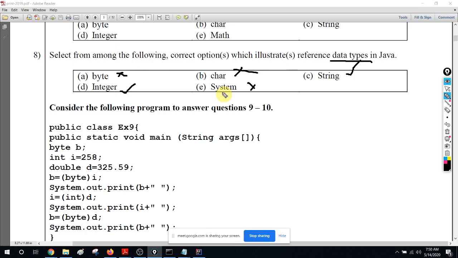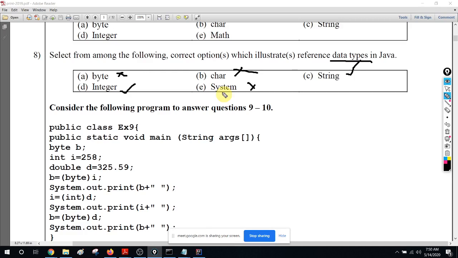But that is a highly debatable thing. You can think of classes as not data types, because the primary objective of a class is not to make it a data type. But any class, if you want, you can consider as a data type also. So in this question, they have considered System, though not a data type, as a class. They have considered the common phrase that any class can be considered a data type, therefore they have taken System as a class. In that case, if you create a class called Account, you can consider Account as a data type, right? If you create a class called Student, you can consider Student as a data type.